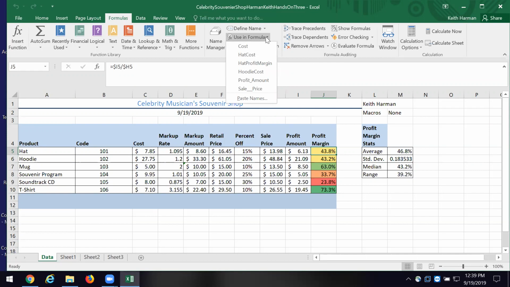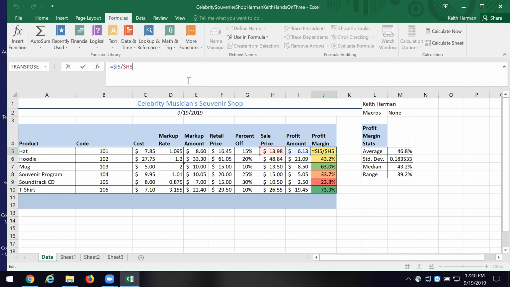So while it would be tedious to work through all of these variables and take some time, when it comes to computation time, that's a whole lot different. Because when I look at this, it's I5 divided by H5, it's okay. Now, I can also click in the formula bar, and it will show me the 2 different cells. It'll go blue and red, and then I think it adds green.